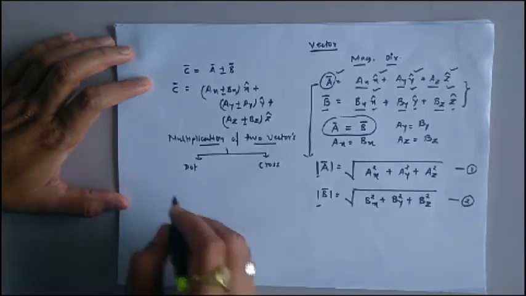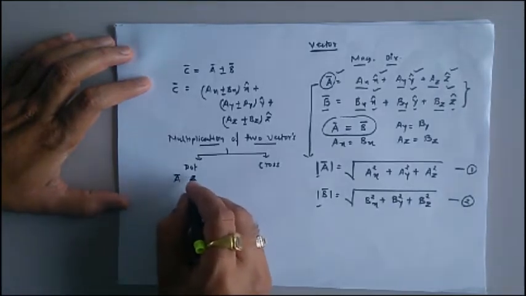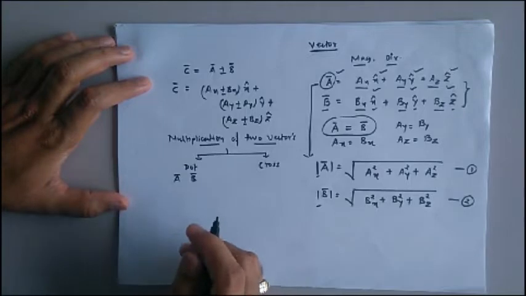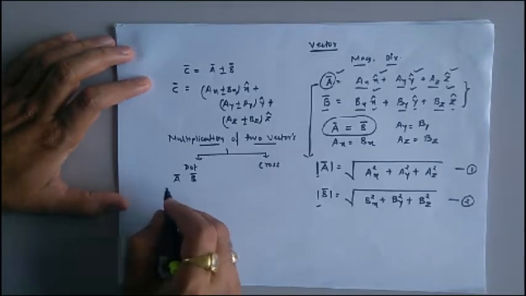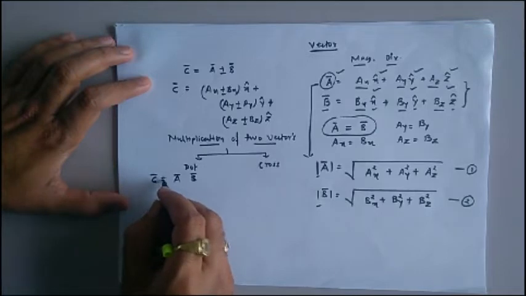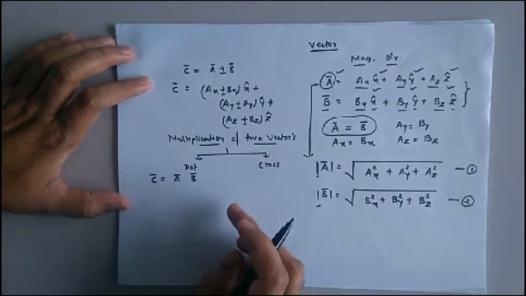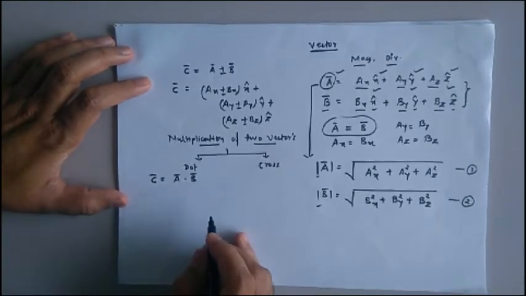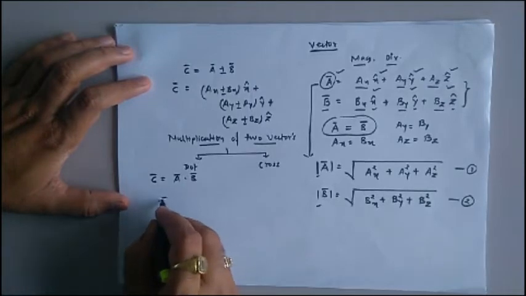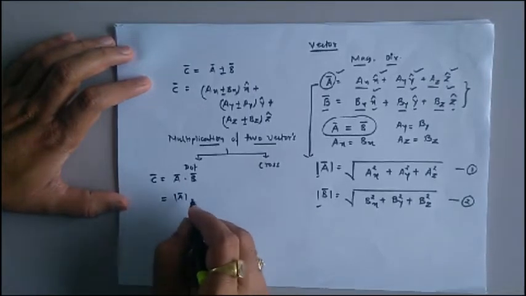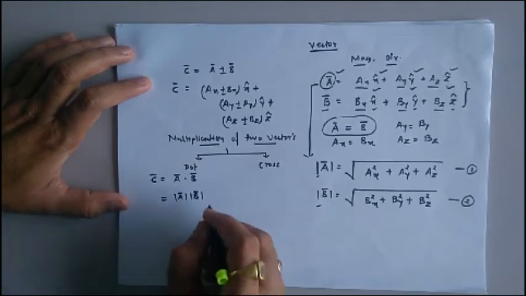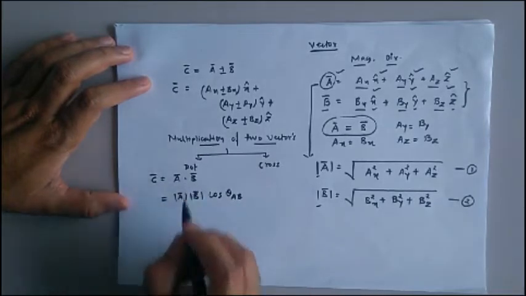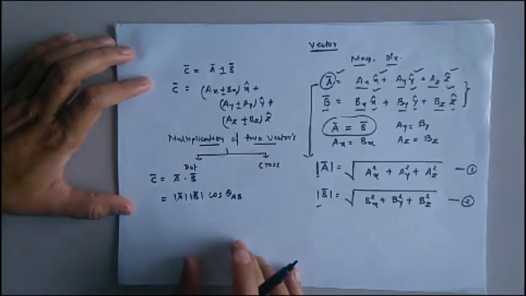Suppose we are having two vectors, say a bar and b bar, and we are interested to calculate their multiplication via dot product technique. So what we need to do? We need to write c bar, which is nothing but the output of multiplication of these two vectors by dot product technique. So c bar is going to be equal to a bar dot b bar, or mathematically it is given by magnitude of vector a bar into magnitude of vector b bar into cos of angle between vector a bar and b bar, which is very, very important.